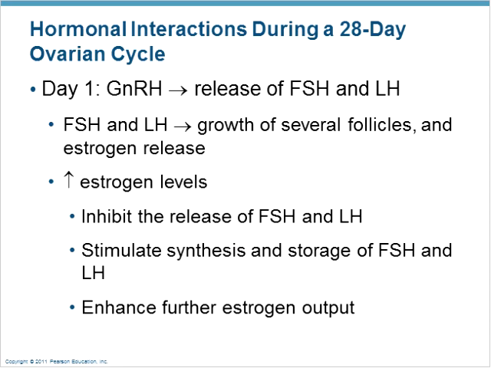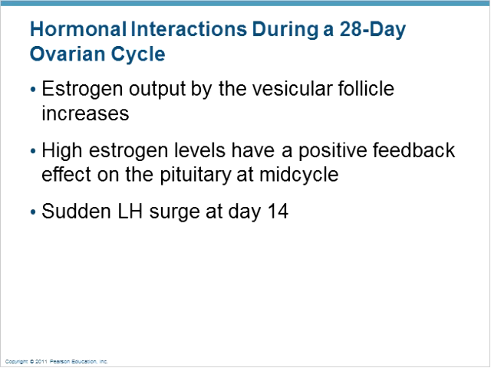Hormonal interactions during a 28-day ovarian cycle. Day 1, GnRH is released from the hypothalamus, causes the release of FSH and LH from the anterior pituitary. FSH and LH cause growth of several follicles and estrogen release, or increased estrogen levels. It inhibits the release of FSH and LH ultimately, stimulates synthesis and storage of FSH and LH, and enhances further estrogen output. Estrogen output by the vesicular follicle increases, and high estrogen levels have a positive feedback effect on the pituitary at mid-cycle, and there's a sudden